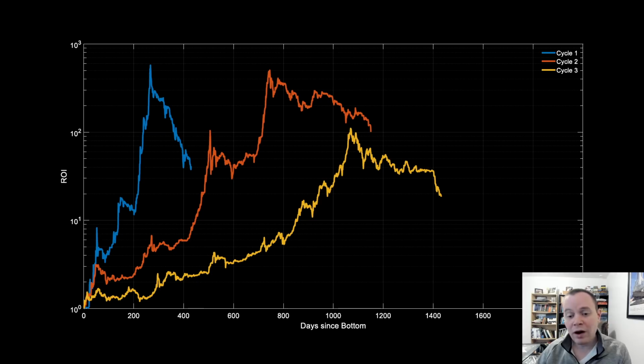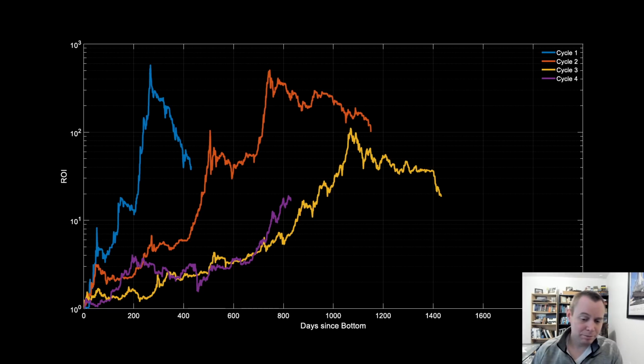So then we say, well, where are we currently? And we pull up cycle 4. Okay, now I'm a fairly large proponent that this cycle will peak at a later date, if you normalize it to market cycle bottom, than the last cycle. However, given the current market conditions, obviously that's not a very popular theory, considering that we've gone well above where we were from the last cycle at this point. So currently we're looking at just below a 20x, maybe about a 16x or so from the bottom.